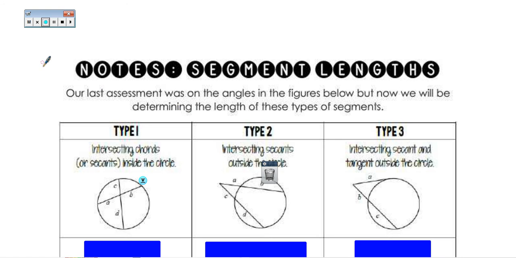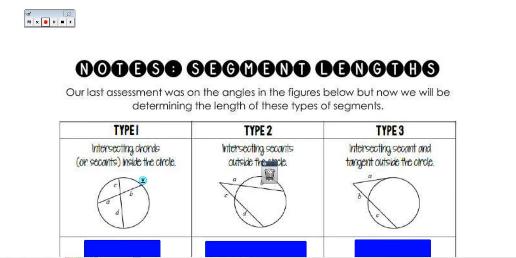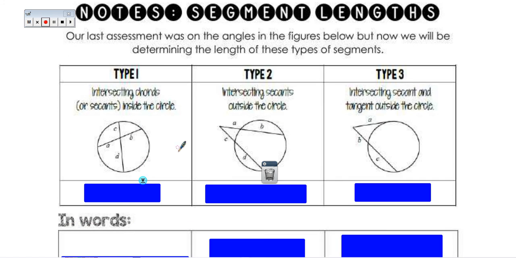Today we're going to be working on segment lengths. Last class we actually talked about doing angles, but now we're going to be given the same exact pictures, but we'll be determining how long these segments are. For example, if you look in type 1, we have a bunch of intersecting